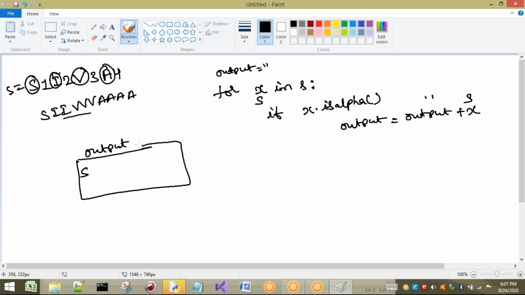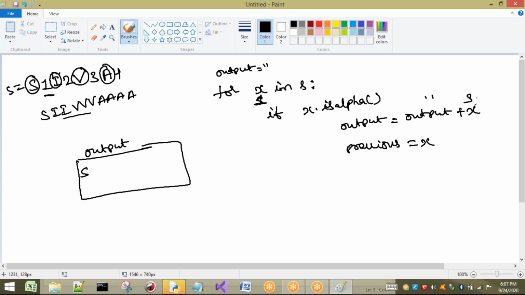For example, next case, what happens? Next, what we have to do? I want to store this x, so I'm going to store previous equal to x. Why I am going to store it, I will tell you. Now see, once again the loop is completed and it goes here. Now what happens? This is 1. Whatever value we get is 1. Is it an alphabet? No. If it is not an alphabet, then what do we have to do? If it is an alphabet, what have we done?